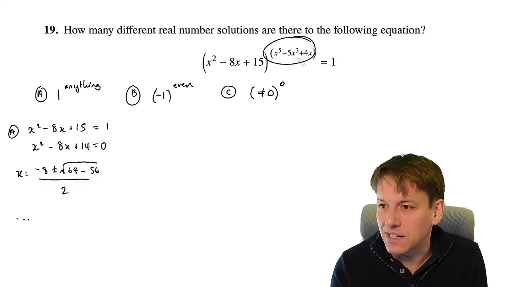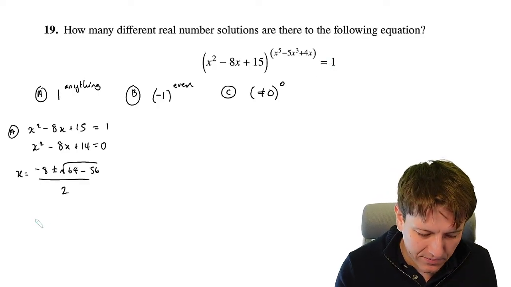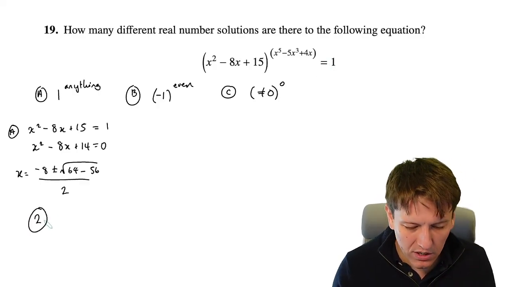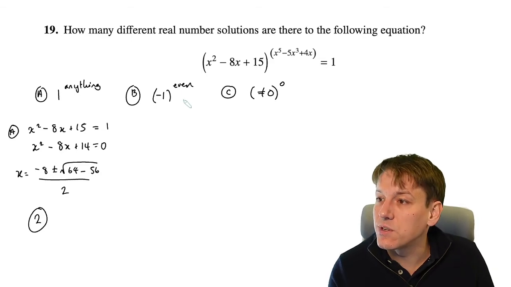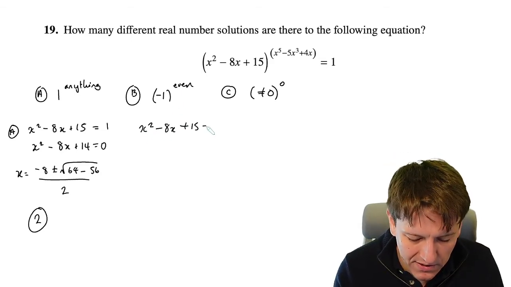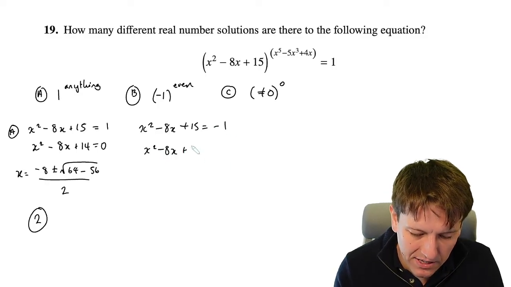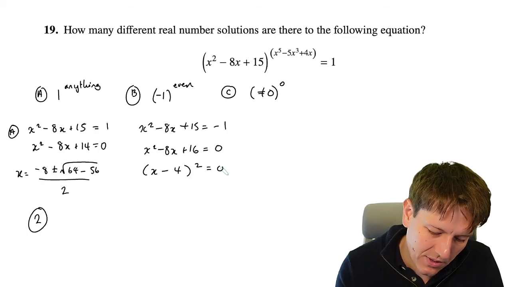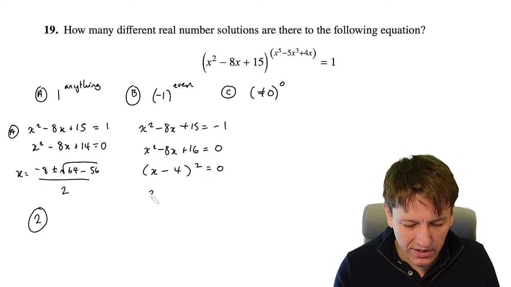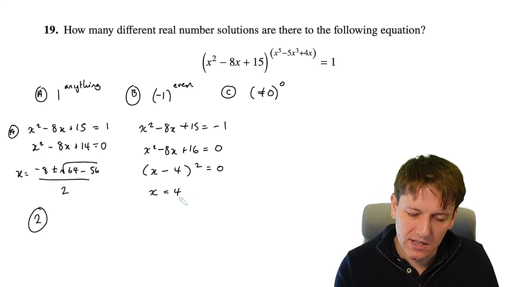When I substitute them into here, I'm going to get something that is a number, so I'm going to end up with 1. So this case gives me 2 possibilities. Now for minus 1 to an even power, well this time I want x squared minus 8x plus 15 equals minus 1, so that would give me x squared minus 8x plus 16 equals 0. That's x minus 4 squared equals 0. So for this one, I just get the one possibility, x equals 4, which would make this part minus 1,